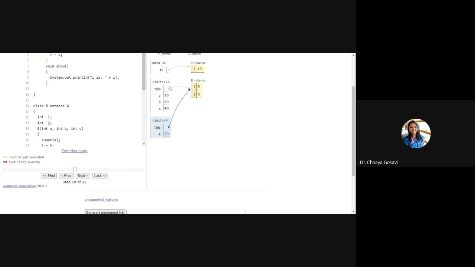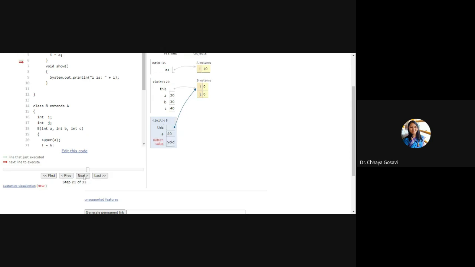Now object b is getting created. You can see here we have three values, 20, 30, and 40, and class B has two instances, i and j. Here the compiler is not showing the third instance of i, but it is there.